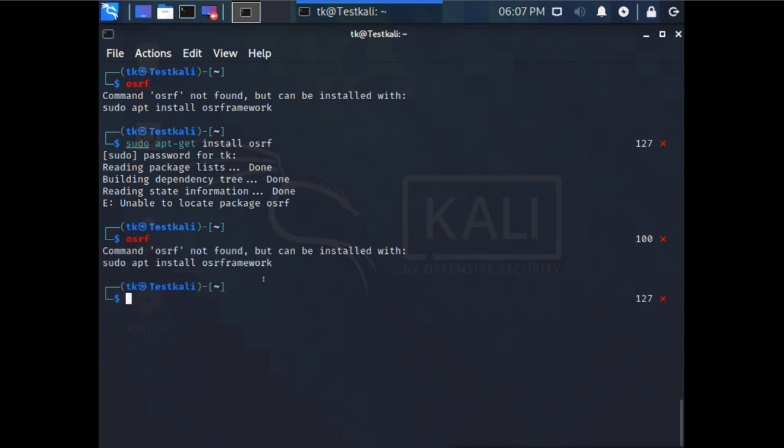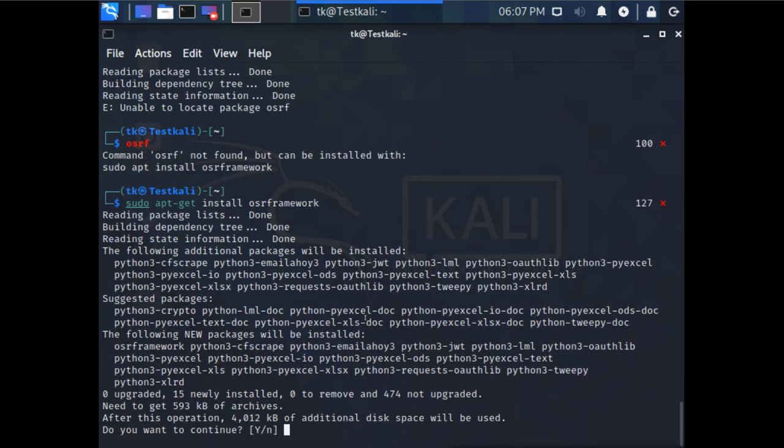It is not finding this. Let me give the full name, osrframework. Okay, now it has found it. Now I will say yes, I want to install it.